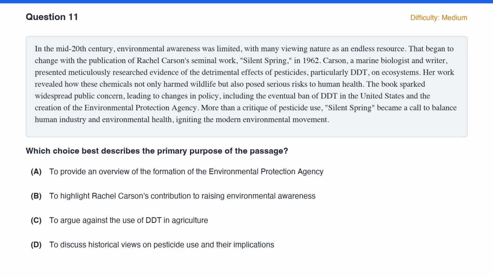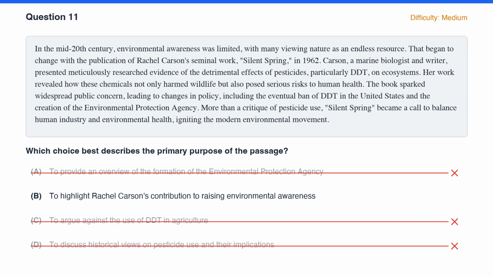Because this is a primary purpose question, we need the option that captures the passage as a whole, not just a single detail mentioned along the way. The choices range from narrow specifics, such as the EPA or DDT, to broader framings about Carson's influence and historical attitudes toward pesticides. Choice A is too narrow since the EPA's creation appears only as one example of the impact